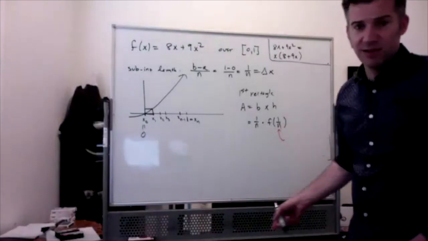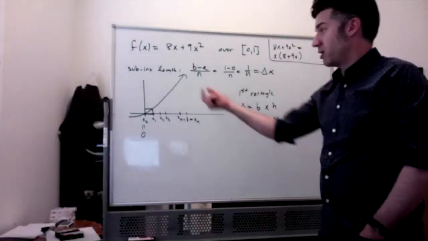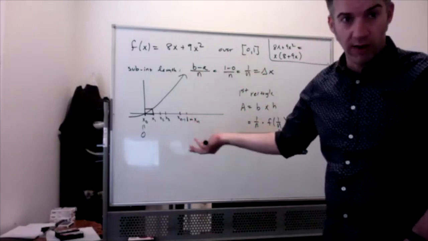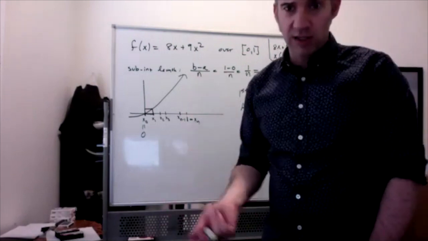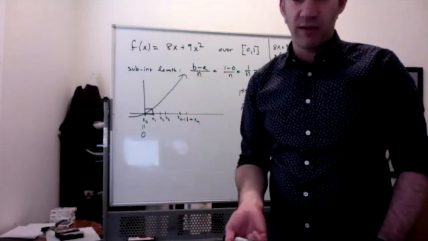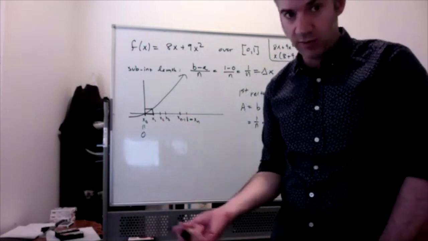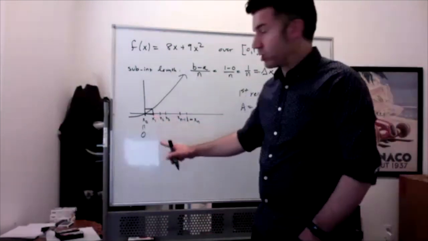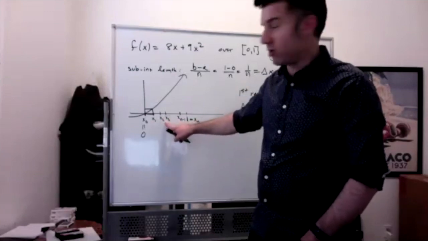All right, so that's the answer to the second part of that question. That's the value that you're going to plug into your first rectangle to get the area of the overestimating rectangle. So now the next question is, find a formula for the x value in the kth subinterval, which determines the height of the kth rectangle. So here's the way I'm thinking about it. The first rectangle, we're using x sub 1, which is 1 over n. The second rectangle, we're using